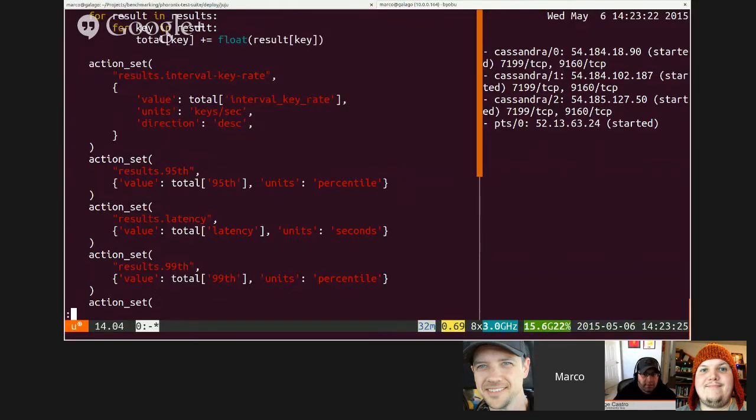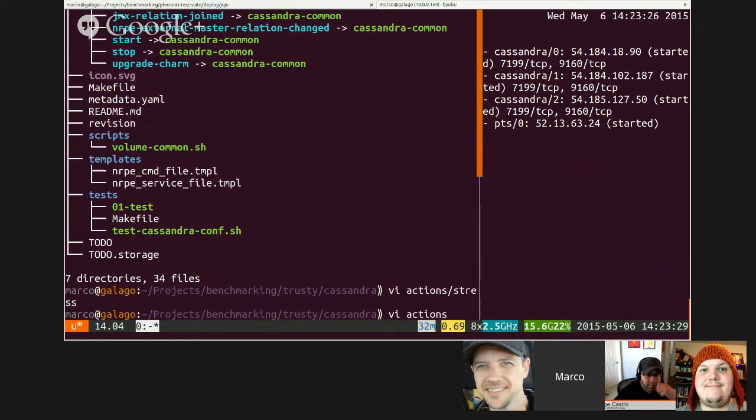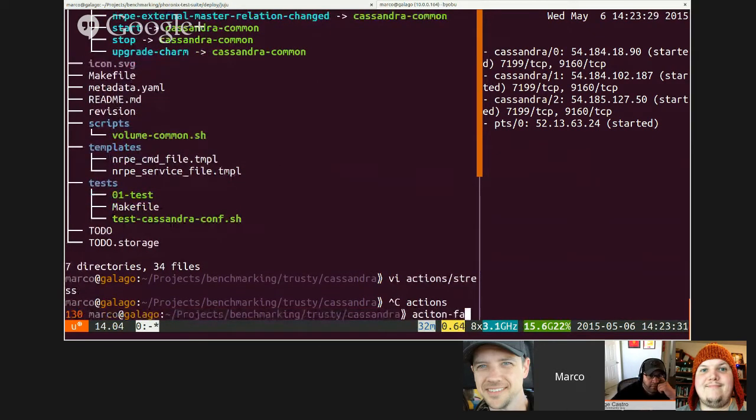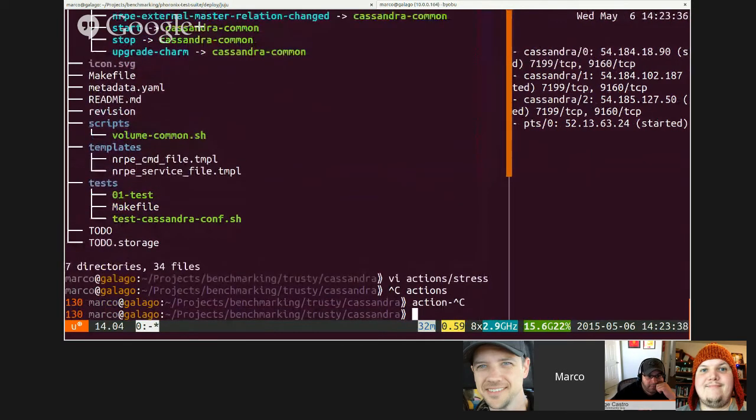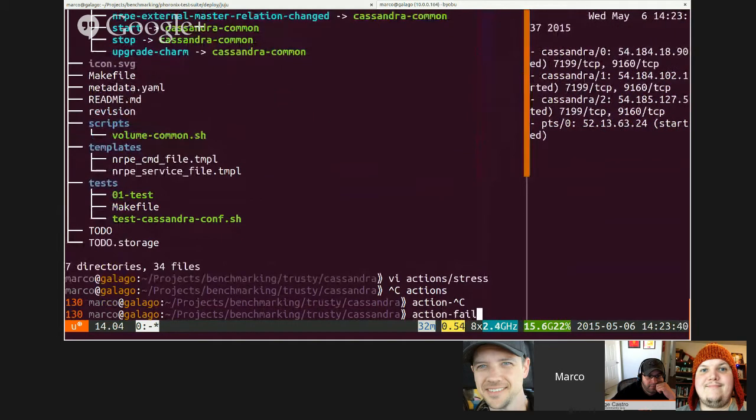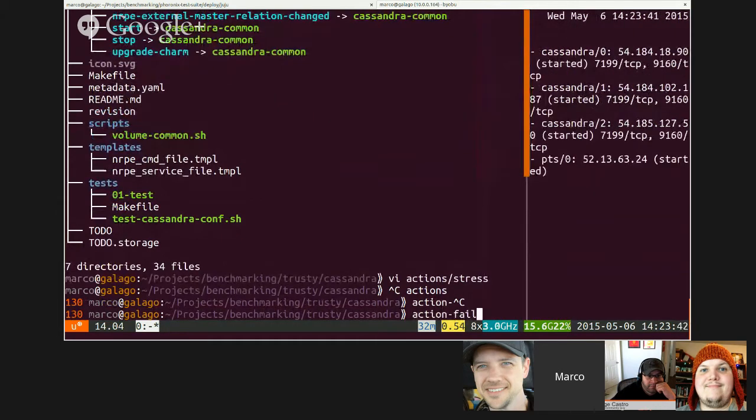Oops. There is one more command I want to mention for actions. We may see this come up. You can actually do an action fail. Action fail will allow you to say this action has failed. So if you parse the results and something's not valid,